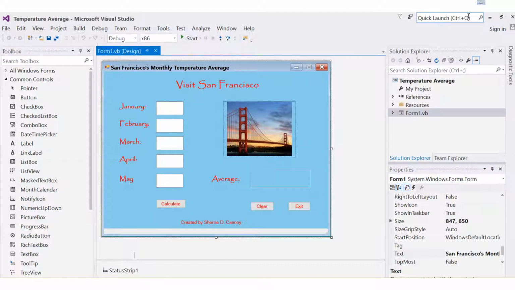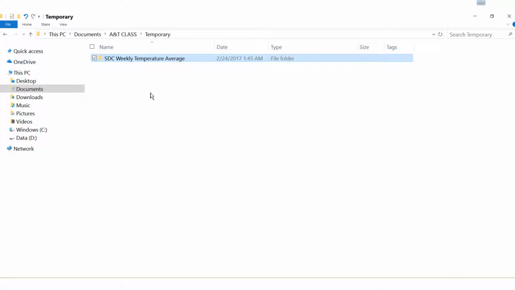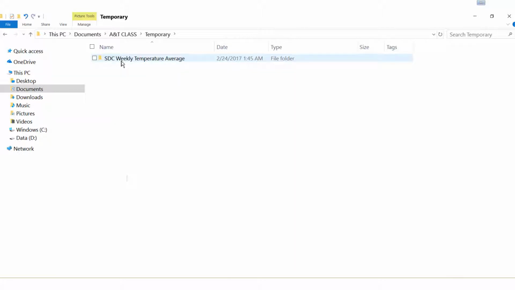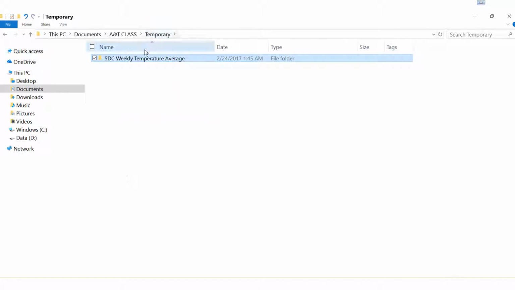Okay, so once we've done that, make sure you use the Save All button to save it. And that's right here. It saves all of those files and folders that you just saw. And click on Close. And again, this is the only one that you'll need to upload. So we'll zip this one. And again, we're in the root folder. Okay, it's the only one in there. But if you look within it, it has all the solution files inside of it.